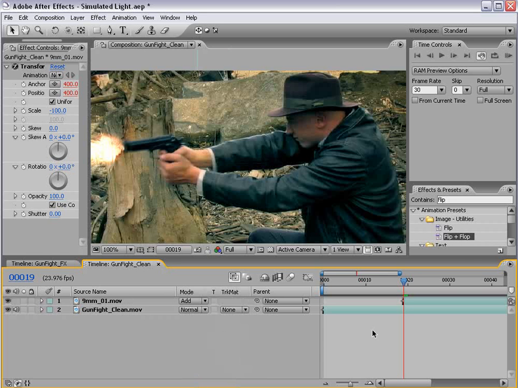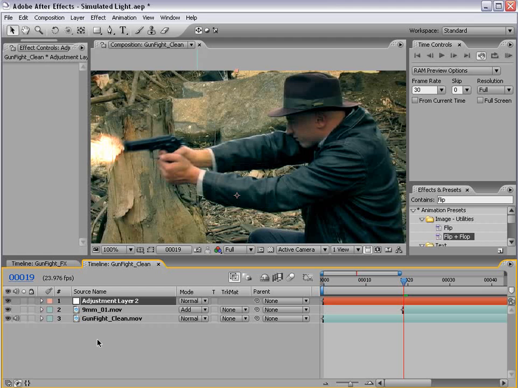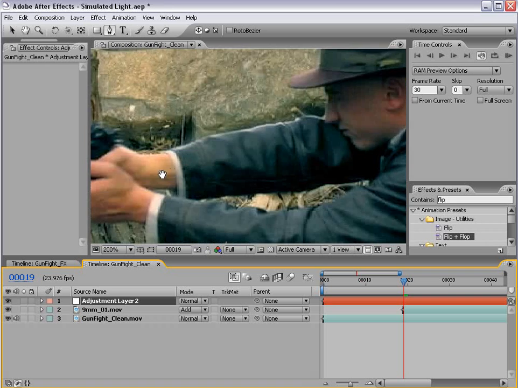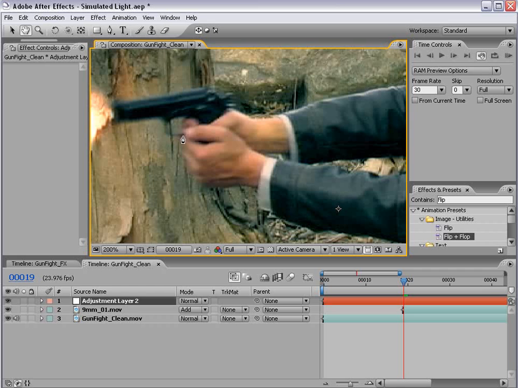Okay, now to simulate the light, here's what we want to do. Create a new adjustment layer, and then take the pen tool and basically draw around the areas where you think the light would be emitting. So it's coming out of here. So it would probably get his fingers on this side. So we'll just draw a mask around the fingers